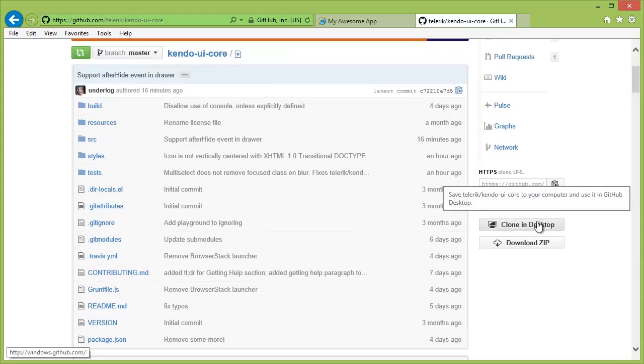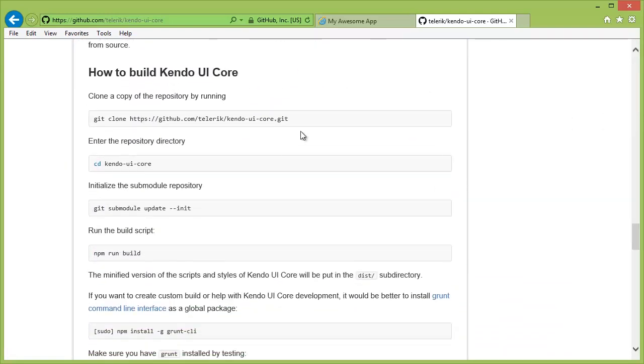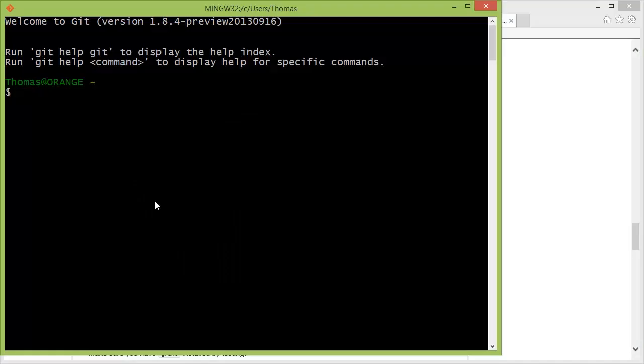Now there's a couple different ways you can do this. You can click clone in desktop, and what this will do is either ask you to install the GitHub client for Windows or open it if you've already got it installed. Now, I'm a little bit more comfortable on the command line with Git. I'll be honest, I've been using GitHub for 2 years and it still confuses me daily, but I feel a little bit more dangerous on the command line, so let's create a new directory here to start with. I usually put everything in C:dev. I'm going to make a Telerik directory to mimic the repo structure on GitHub,